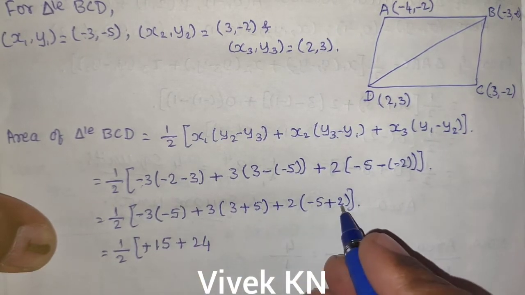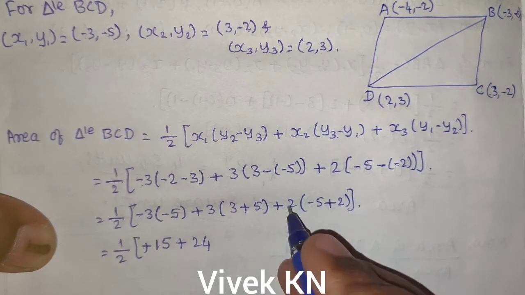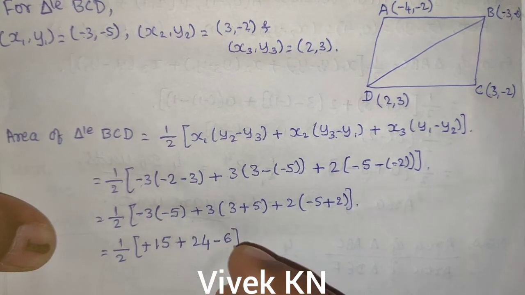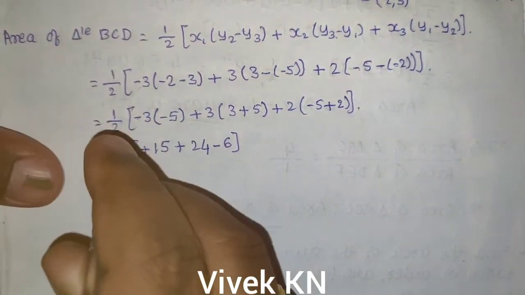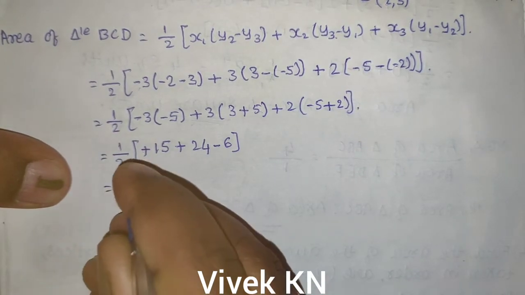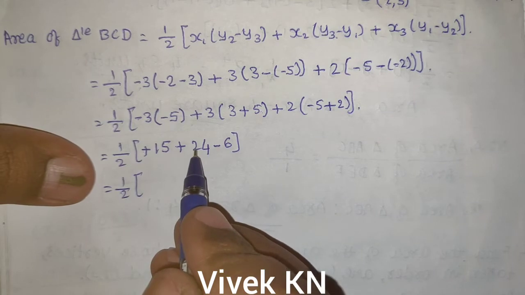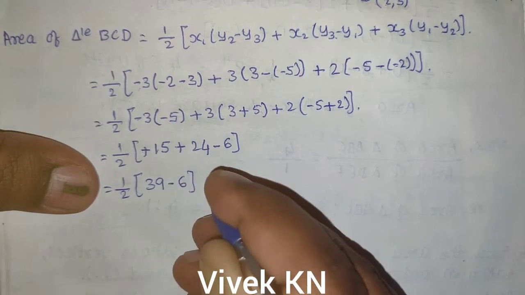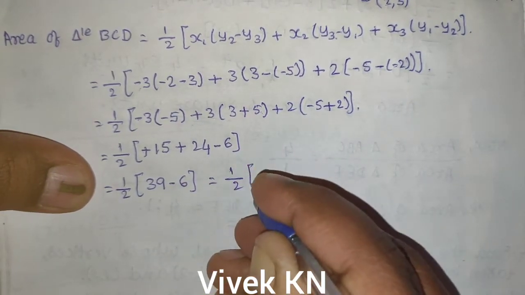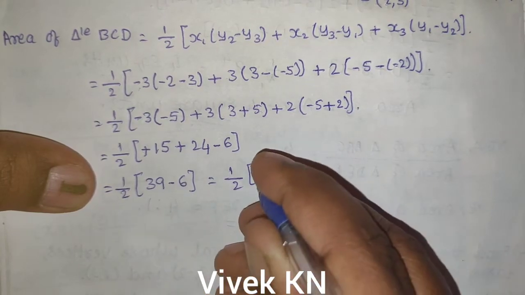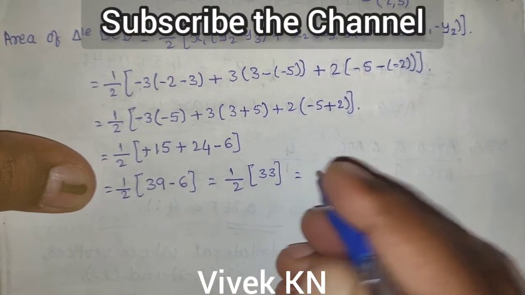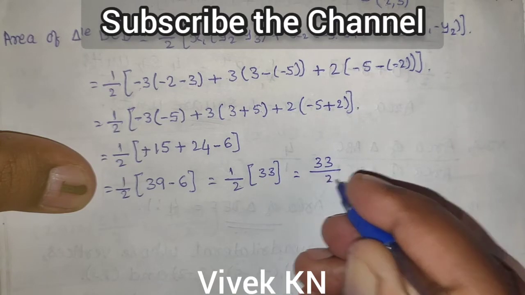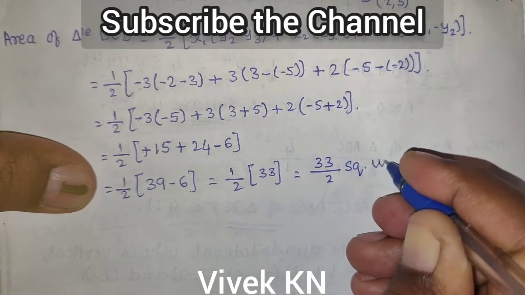Now minus 5 plus 2 we get minus 3, minus into plus minus, 3 into 2 is 6, that is 1 by 2 into adding 15 and 24 we get 39 minus 6, which is equal to 1 by 2 into 39 minus 6 is 33, which is 33 divided by 2 square units,